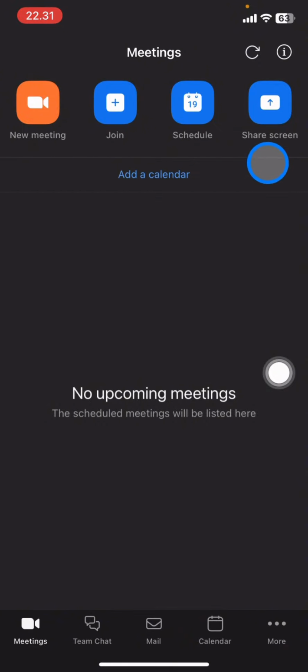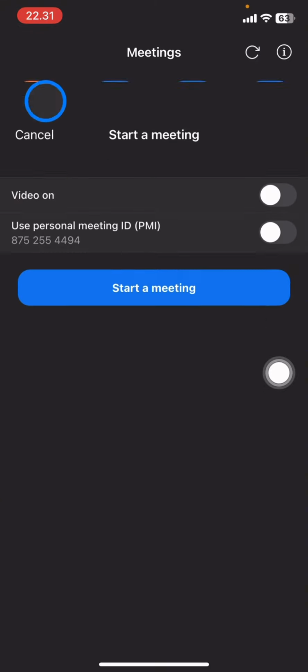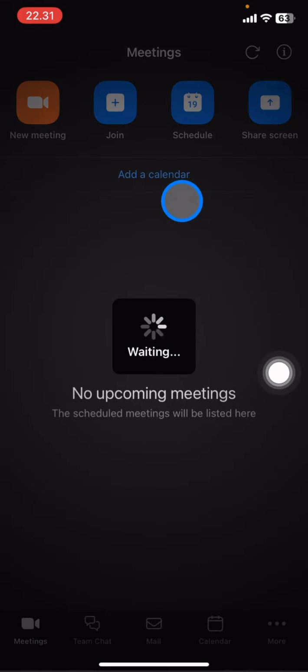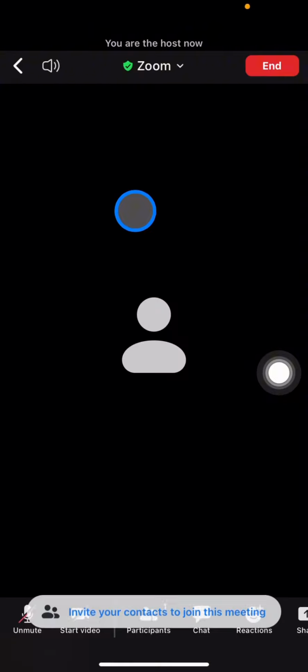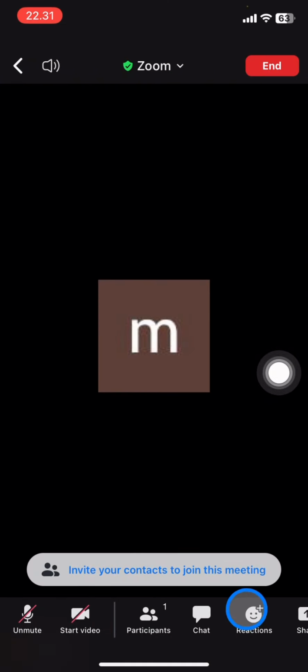And then we also have share screen here, but you cannot use this right away before you join the meeting room. Let's just start the new meeting here and just click start right away. And now we're already in a meeting room, so if you want to share your screen, just take a